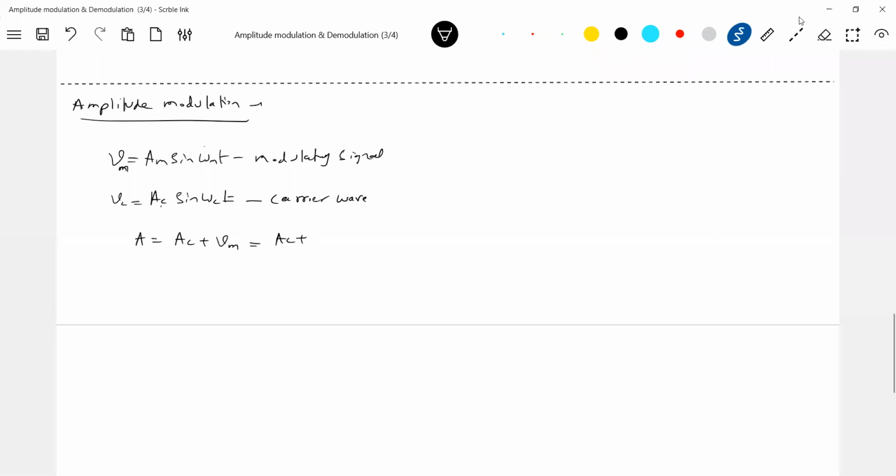So what is modulating signal? AM sine omega t. So the amplitude modulated wave is given by A into sine omega ct. VAM, what is this? AM wave, amplitude modulated wave. Is it okay? I'll write in short. Okay, let's substitute this one. Okay, let's expand this. This will become AC